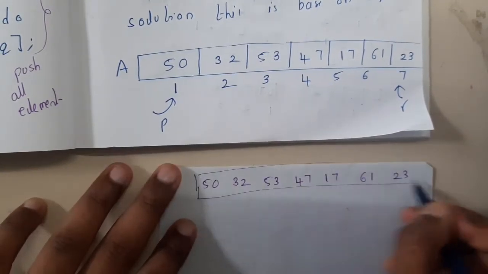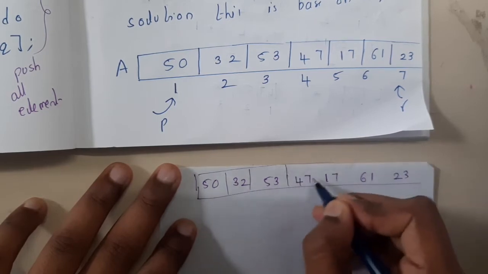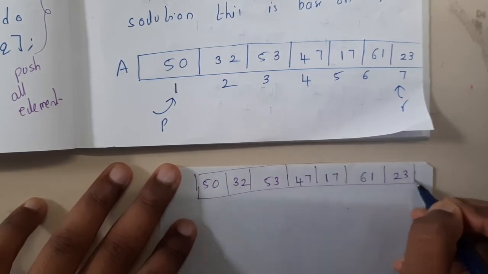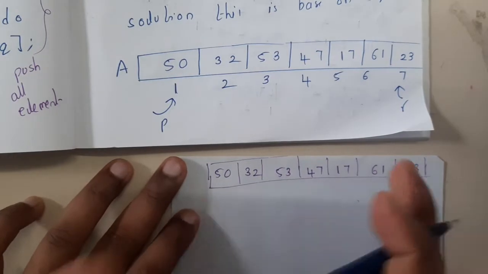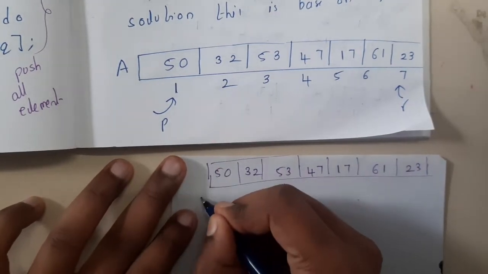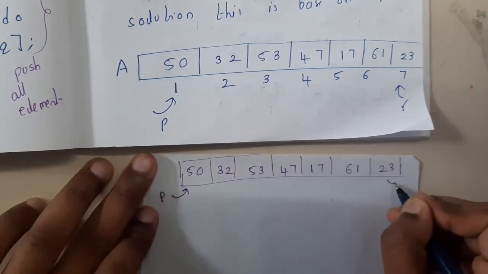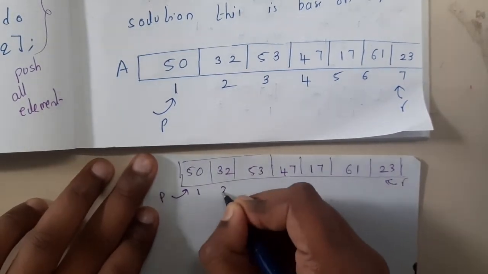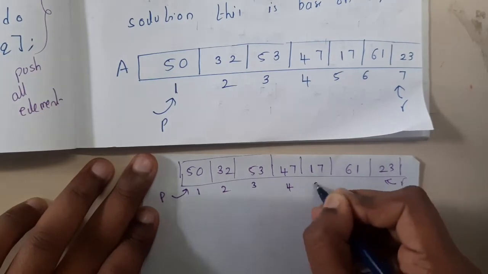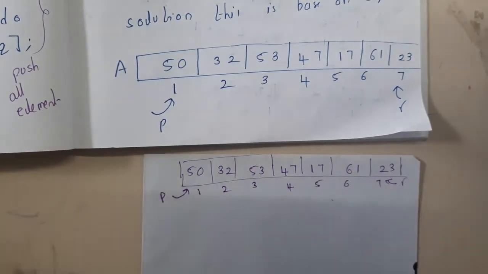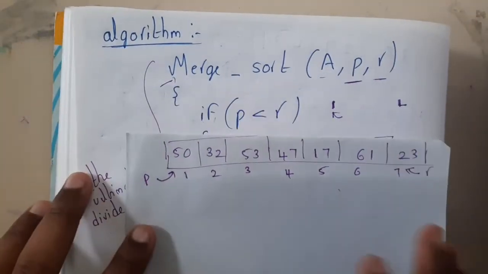Okay, so this is our input array. What I told you, first you will pass this whole array into your merge sort, right? You will indicate this first index as P and the last index as R. So 1, 2, 3, 4, 5, 6 and 7. Got it? So once this whole array is passed into our merge sort, you will check whether P is